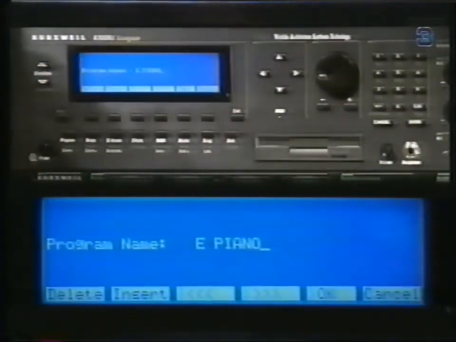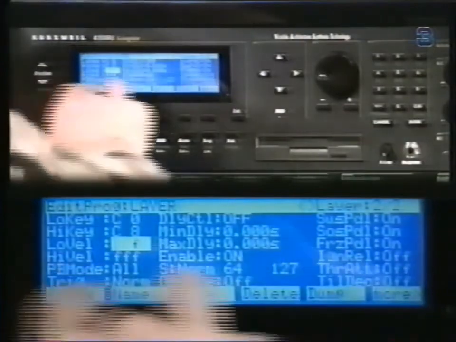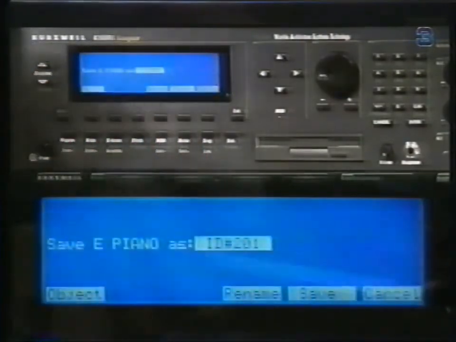Once you have named the program, press OK. Now press Save. The 2500 will choose the first blank number to save into. You can actually choose any number you want to save into. If a program already exists in the number you choose, the display changes to show the program in that location